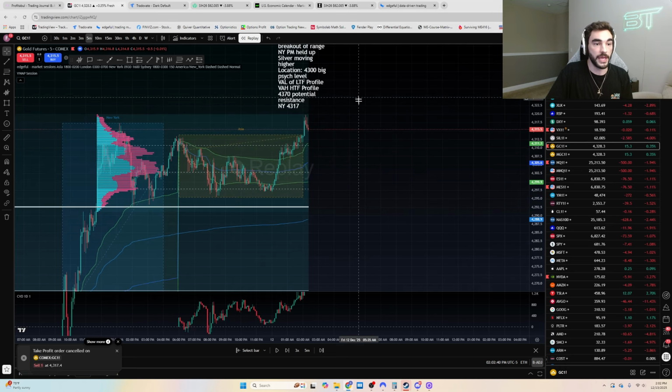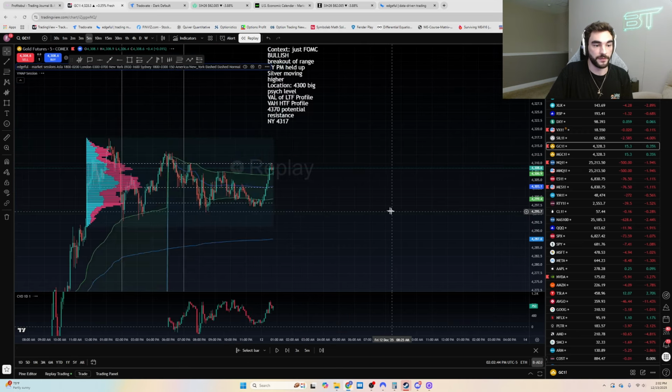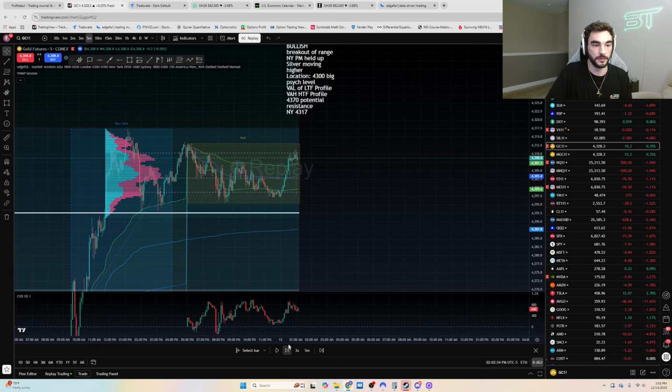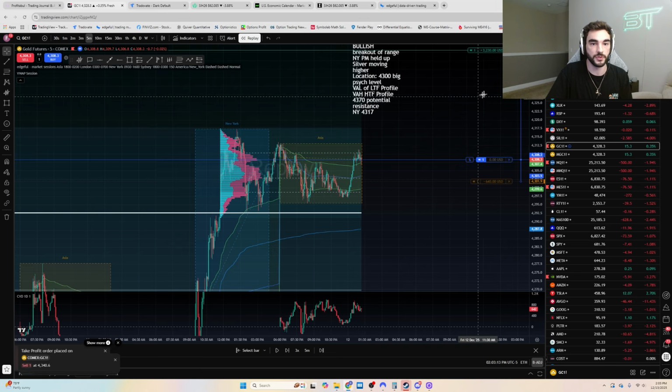Cool. Maybe you only want to take this trade after you see it above the upper band and it's supported. So once this wicks down a second time and it supports, right? It supports here. Look at your CVD as well. You're almost making new highs of this Asia session, but your CVD is lower. So this is a bullish CVD divergence. If I take this here, I'm going to set my stop slightly below VWAP, and I'm going to look for the momentum trade all the way up to